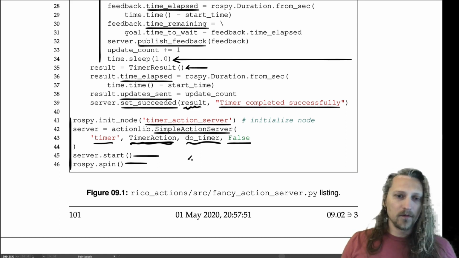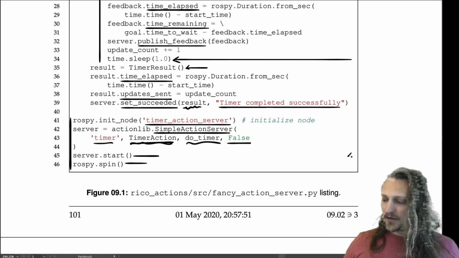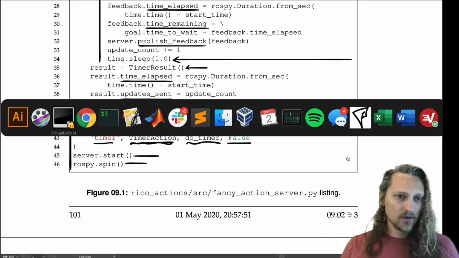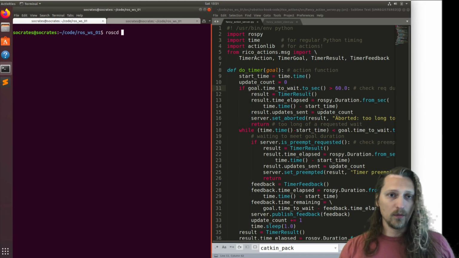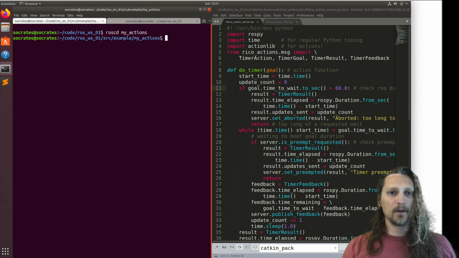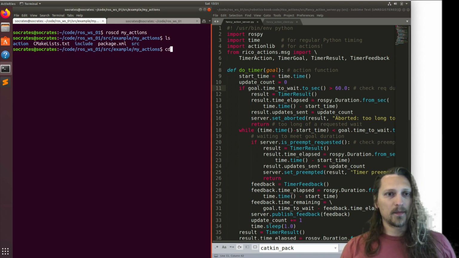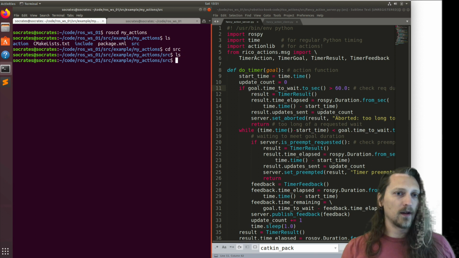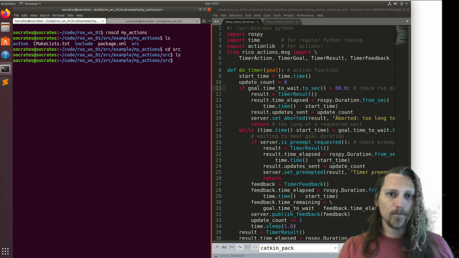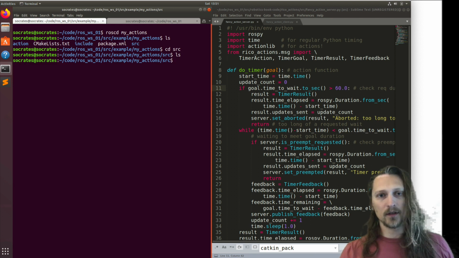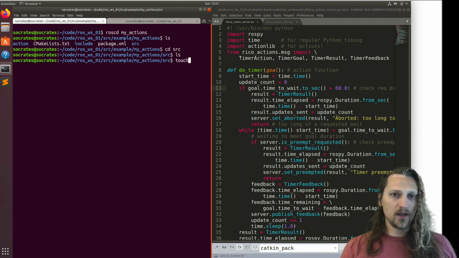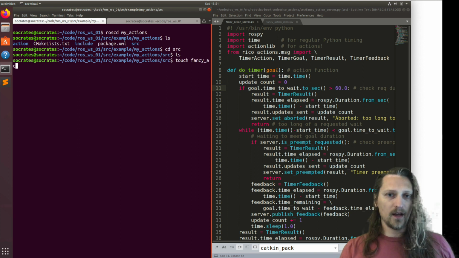I'll just copy and paste the one from Rico Actions to my actions. I had to do a little tutorial demo version of this. So we can use roscd because we have already done our catkin_make to the my actions package, and we'll go down into src and see we don't have anything there, right? We haven't created any nodes yet. So we want to make this fancy action server node. So we can touch fancy action server.py,